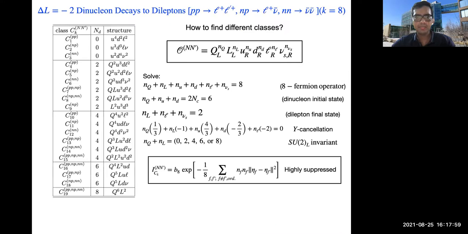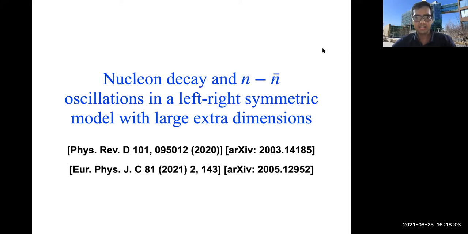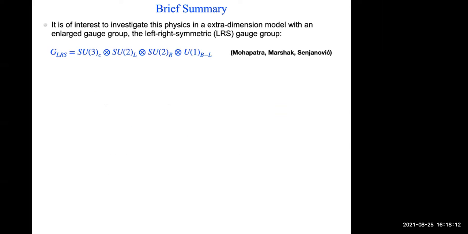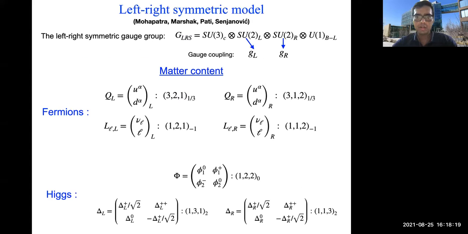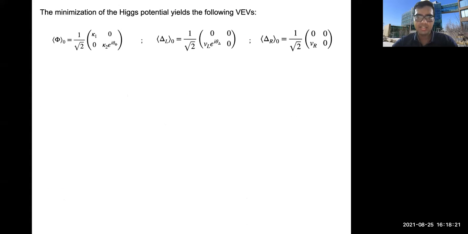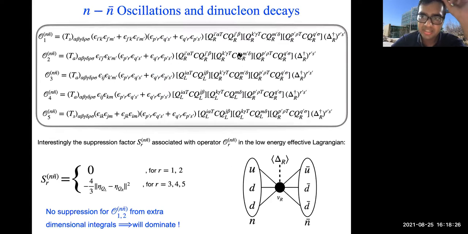I will also skip some parts here to discuss nucleon decay and n-nbar oscillation in the left-right symmetric model with large extra dimensions. In the left-right symmetric model, B minus L is gauged as U(1) B minus L. And what we see is that the effective operators mediating n-nbar oscillation, for example, these first 2 operators, contain only